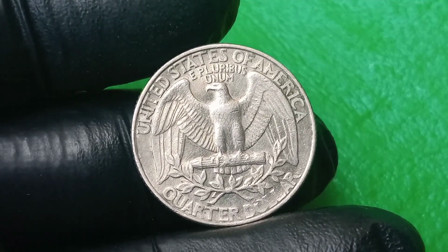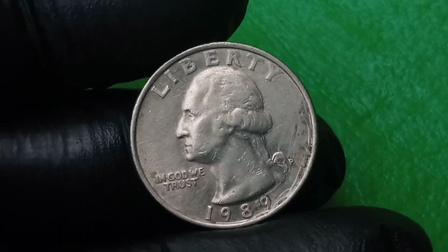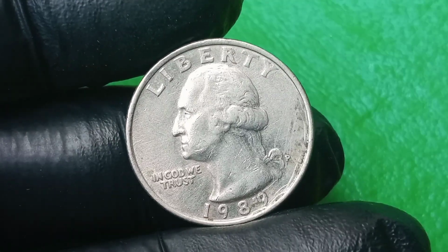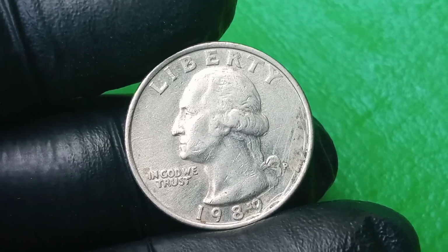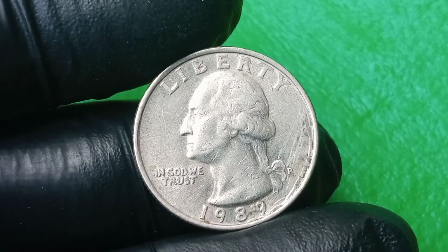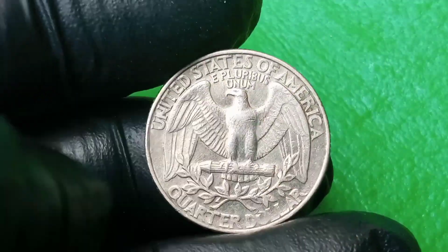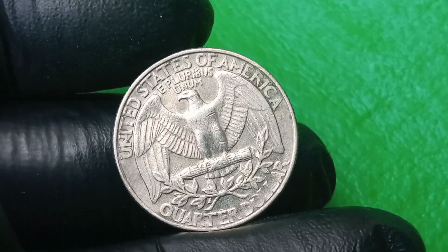And to begin we travel back to the Philadelphia Mint in 1989, a year in which billions of coins were produced with state-of-the-art minting machines, precision protocols, and strict quality control. But even with all the technology and oversight, mistakes can happen, and sometimes those mistakes turn out to be worth a fortune, which is exactly what happened in this case with the 1989 P quarter dollar, a coin that began